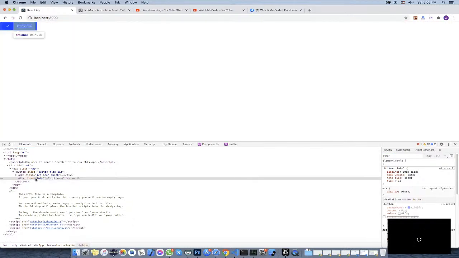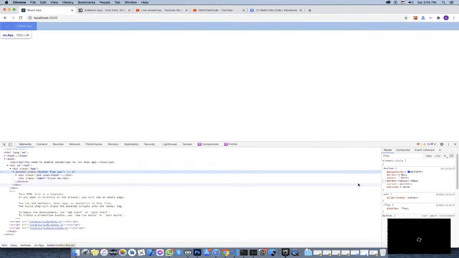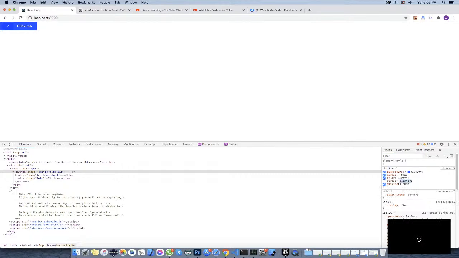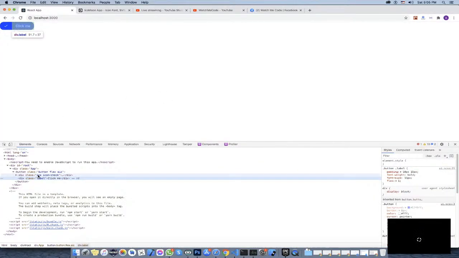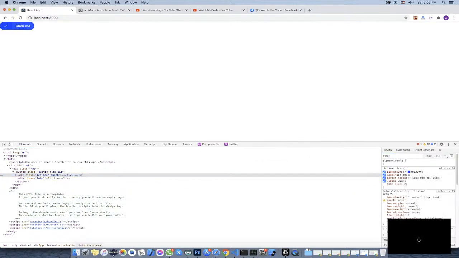Perfect. Now we need to check for the border cursor. Padding should be 0 pixels, margin should be 0 pixels, and now we need to add border radius again, and here we are. So let's copy again and paste inside the button, and for the ICO we will use font size of 24 pixels. Oh, maybe less. 16 is good. And for the width we will keep the 20 pixels,